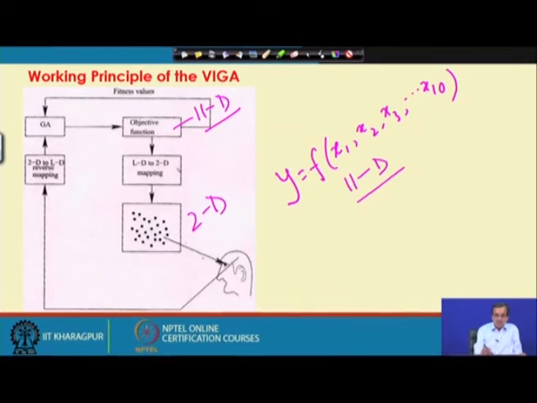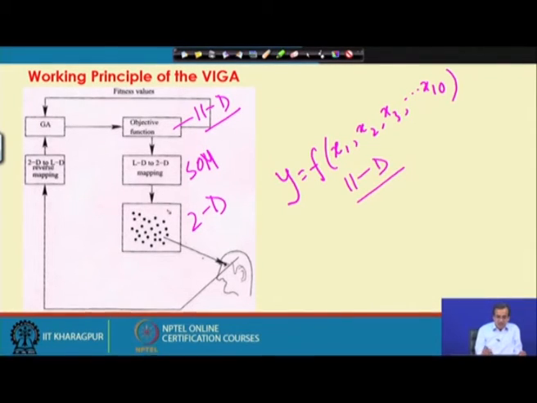All such tools I can use, or any one I can use. Let me consider I am using, say, self organizing map. So, I will be getting the data in 2 dimension, and once I have got this data in 2 dimension, this box will come on the computer screen